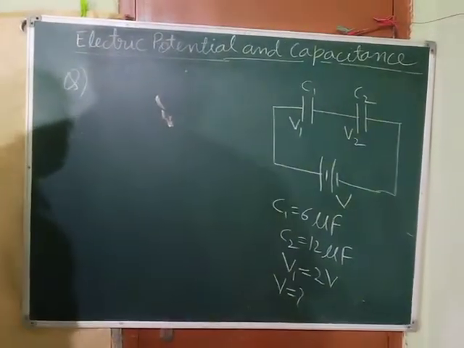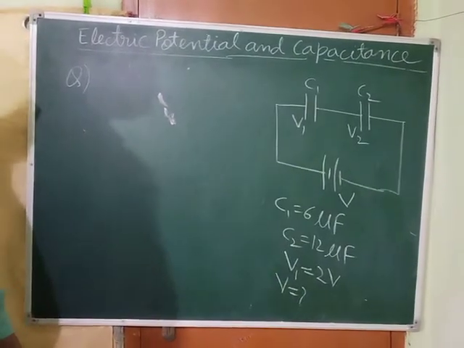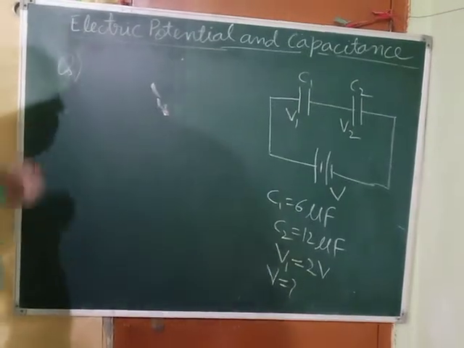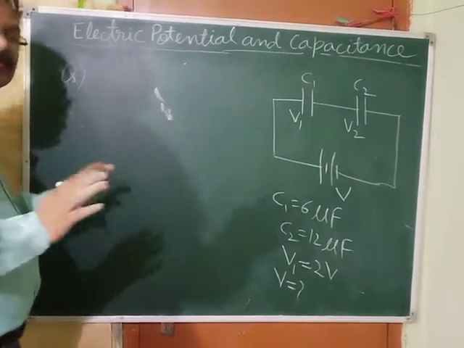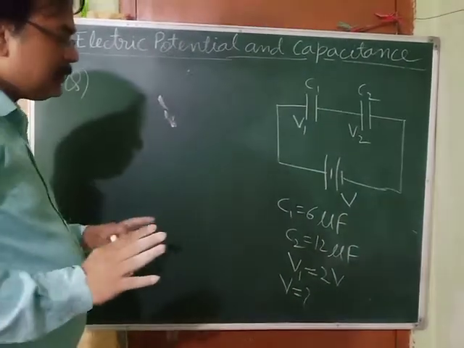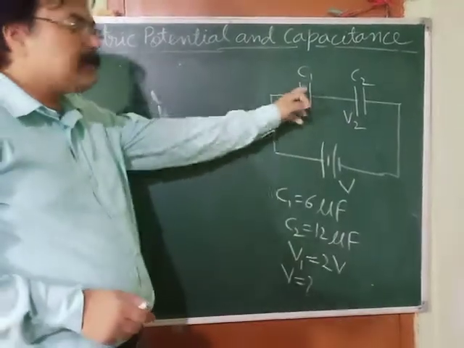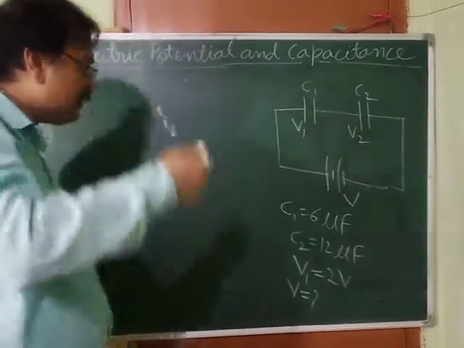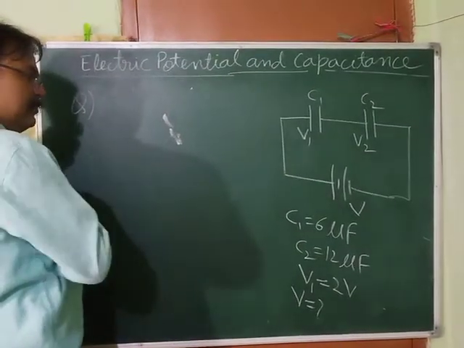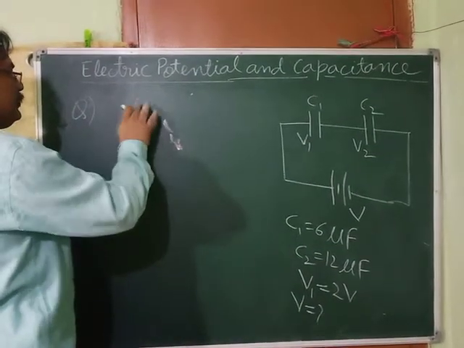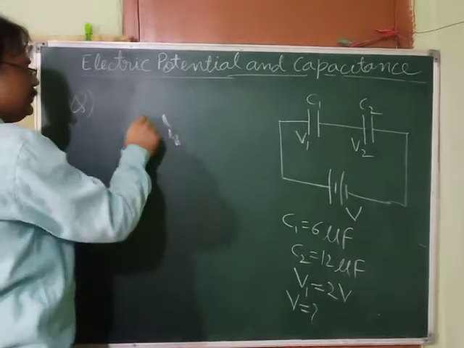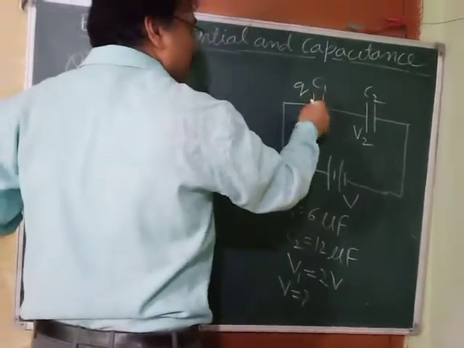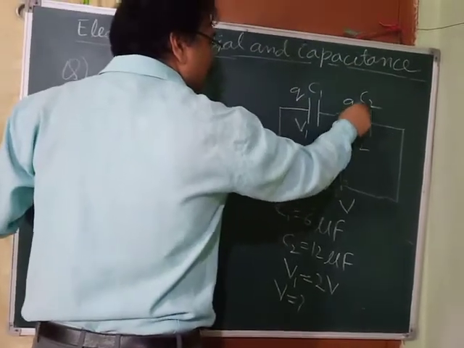This is a question asked by the board in 2006, I think. Now see how to solve this. We have to remember the concept of series combination first. Can we find out the charge on this capacitor? Because its potential difference across it is given and its capacitance is given, we can very easily find it out. So what is the charge? Let the charge be Q on this. When charge is Q on this, the charge is the same here also.